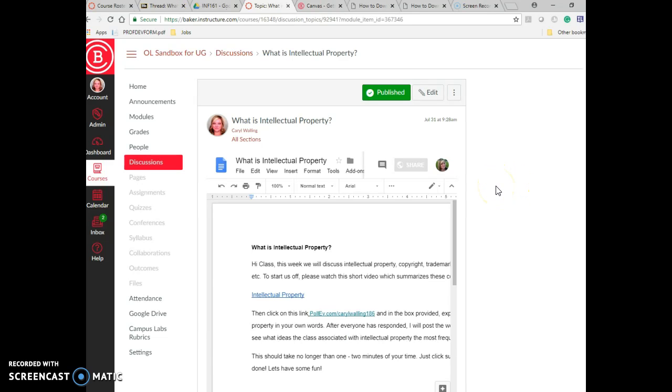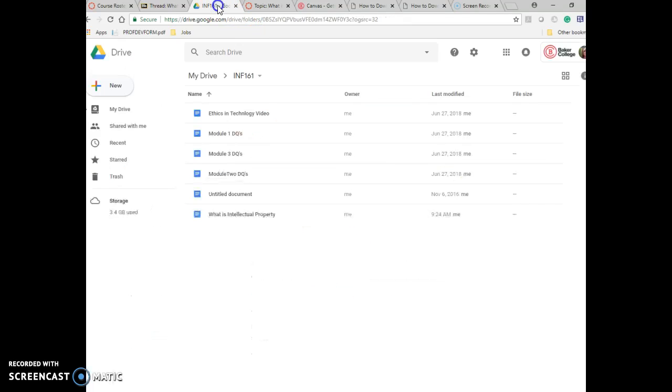Even if you do not want to give them access to the documents and embed them this way, by doing it this way in your Google folders, you'll have it very organized and you'll be able to save everything that you want to from your